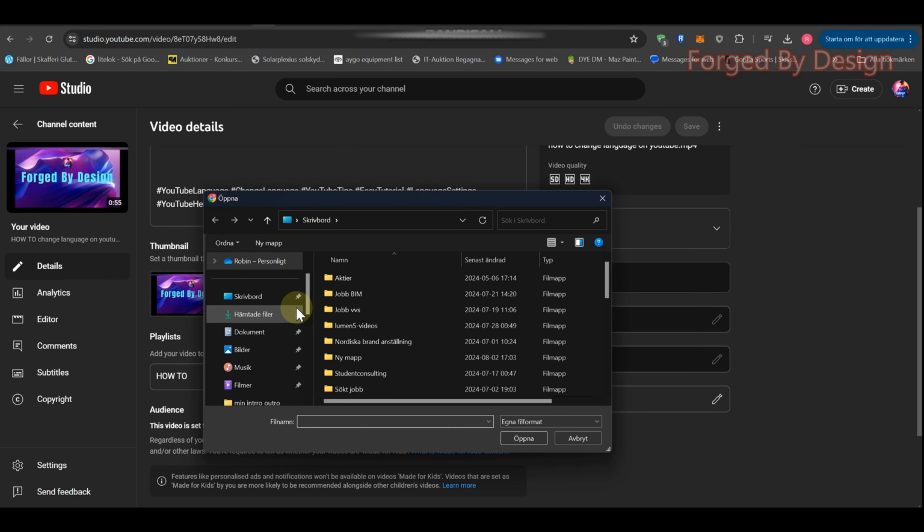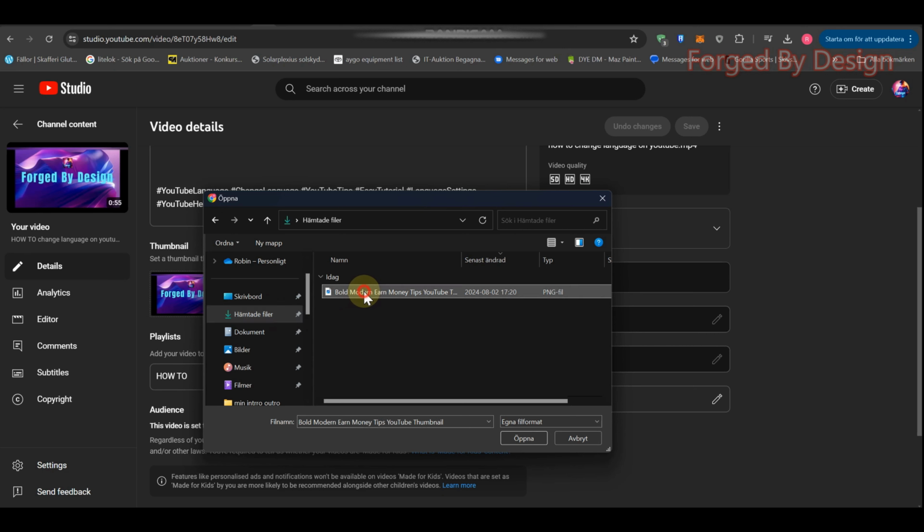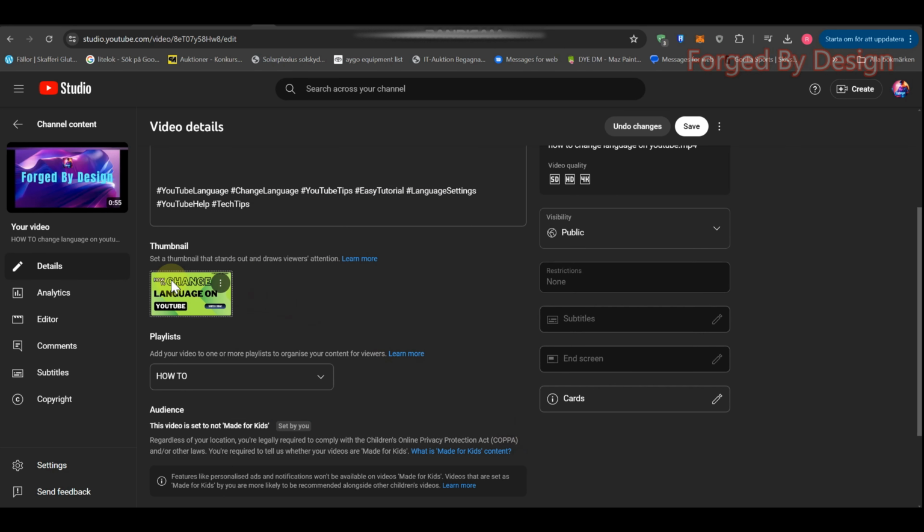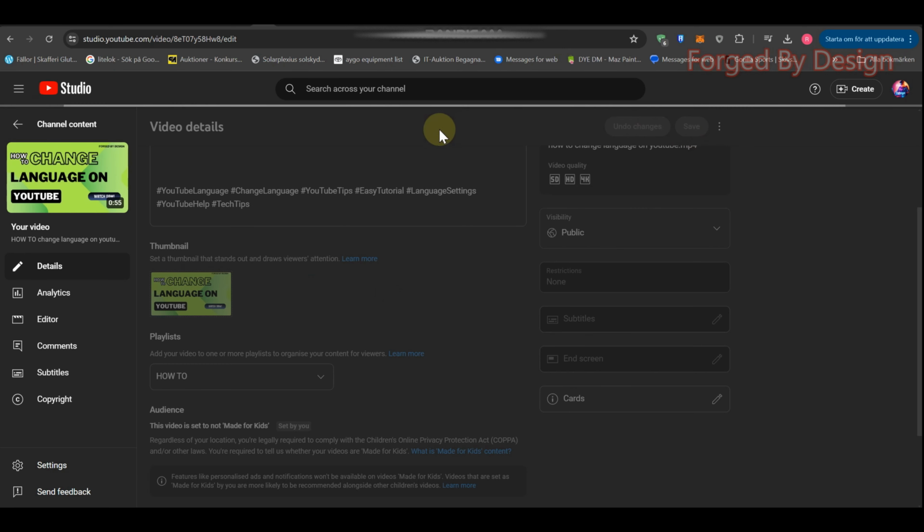Now navigate to the folder where you downloaded the image, select the picture, and click Open. It should look like this now. Finally, go up to the right corner and press Save. And there you have it. Here's how it